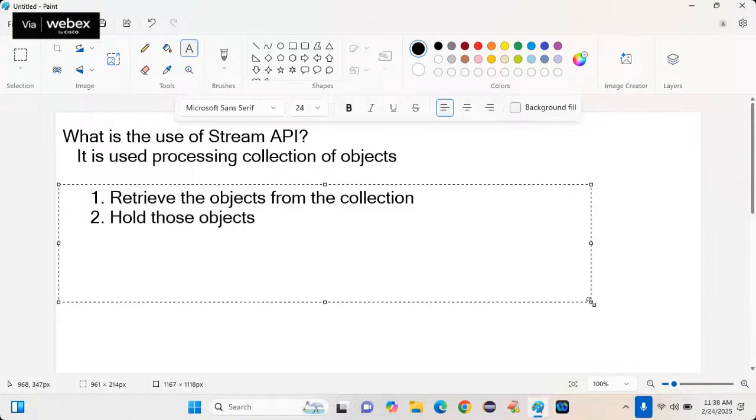Not store. My word is clear. Hold those objects, not store. Storing is different, holding is different. I'm stressing my word. Hold those objects. Then the third operation, perform